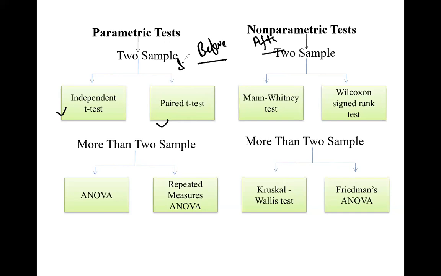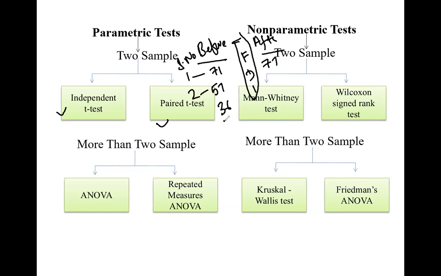The first participant scored 71, and after a one-week faculty development program, I want to know whether his score improved or not in research methodology. So his score may be 77. The second participant's score may be 57,